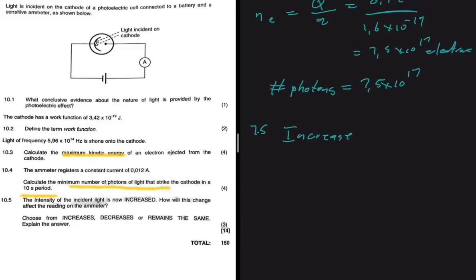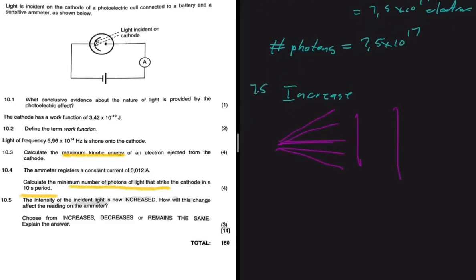So let's say we had 3 photons that are going to be incident on the surface of the metal, right? If we increase the intensity, then we're increasing the number of photons that will be incident. So let's say, for instance, we had 3 photons initially, and now we have 6. And we know fully well that each of those photons will eject an electron from the surface of the metal, right? And when an electron is ejected from the surface of the metal, that is current. Current is going to increase, right? I is equal to Q divided by T,